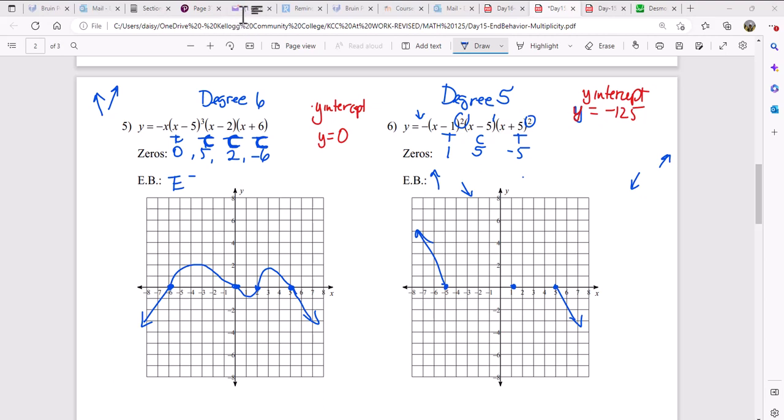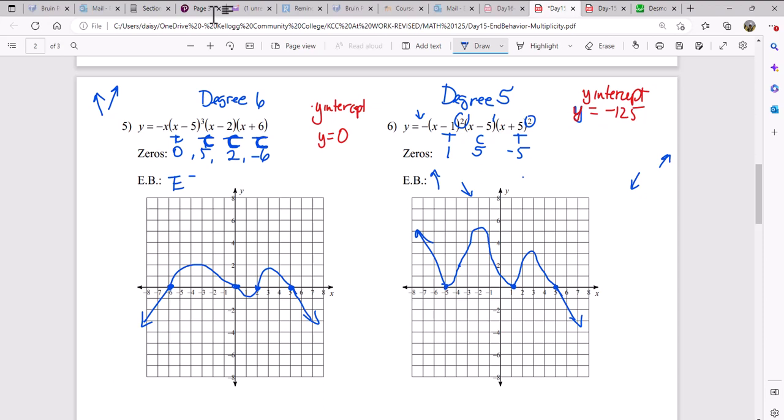So let's do this. We're going to touch here, and it's going to touch at 1, and it's going to cross